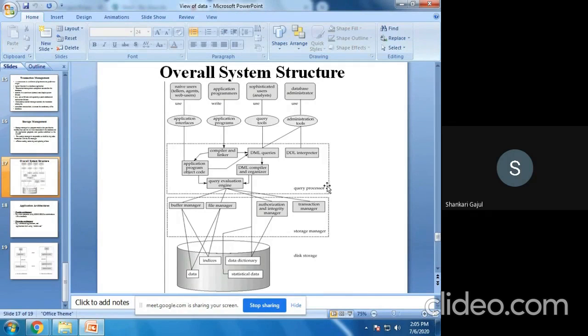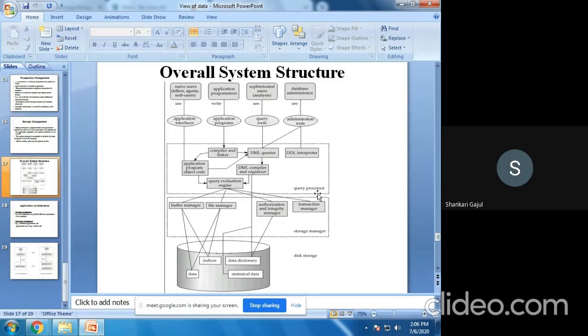The query processor basically includes the DDL interpreter, and this interprets the data manipulation statements. So what are data manipulation statements? These are the DML queries. These DML queries are related to the kind of operations we are doing on the database. It is about selecting, deleting or inserting. All those jobs have to be done by the DML query processor. So simply, the DDL interpreter interprets the DDL statements.